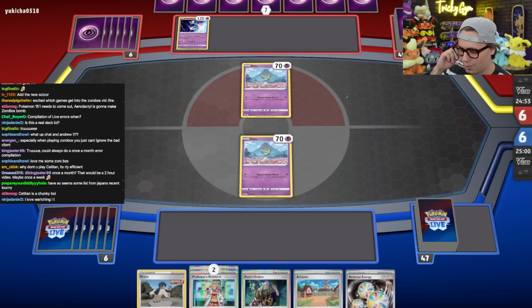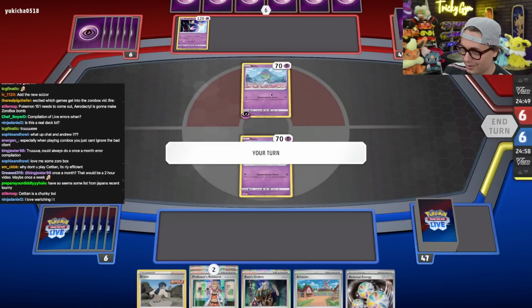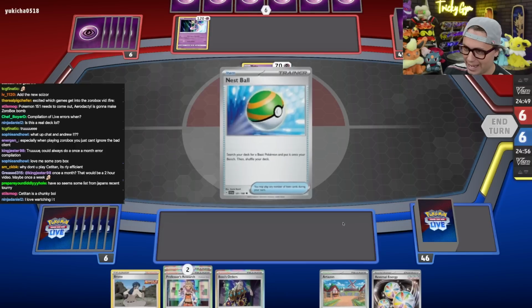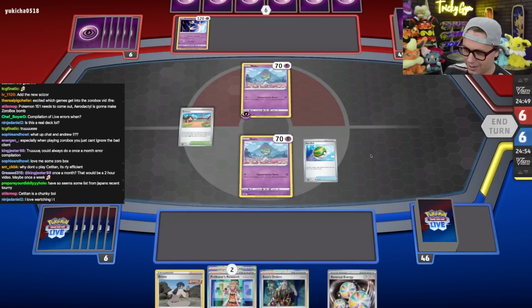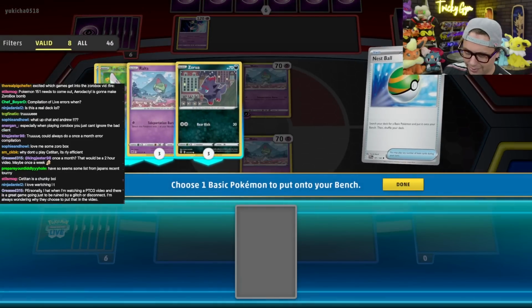Looks like I'm up against Gardevoir. This is a pretty good matchup. Got just Psychic Pass. That is pretty bad for them. I've got Artisan and Nest Ball. And